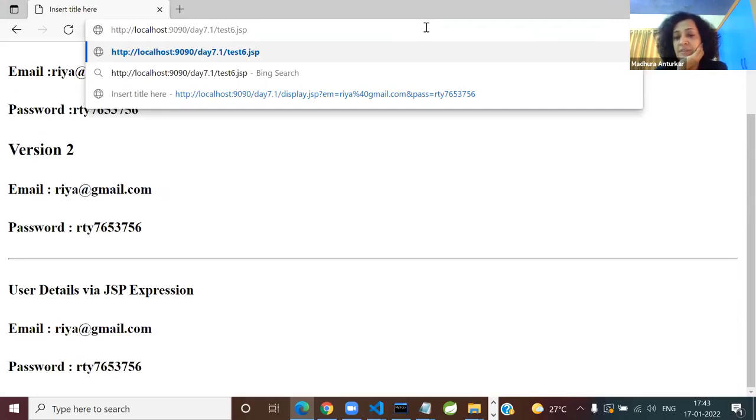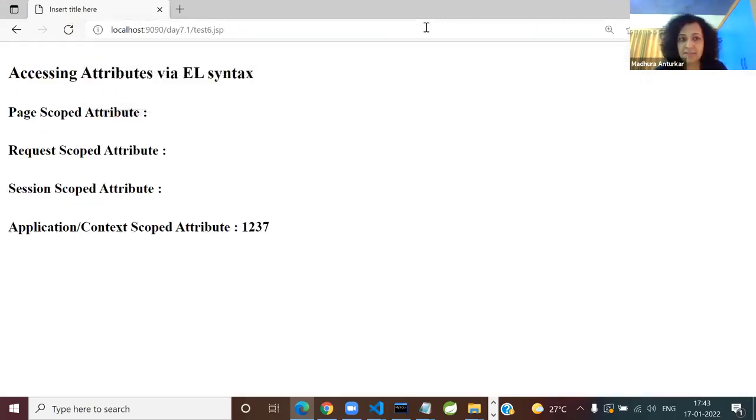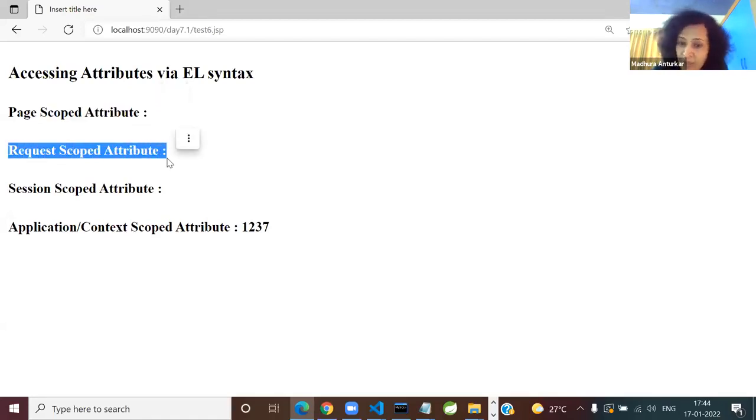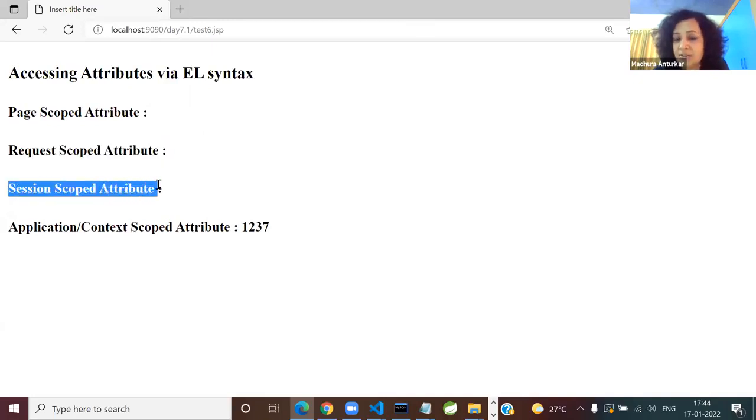Understood what I'm saying? Only the context scope attribute will survive. Why not page scope? It is a different page altogether. Why not request scope? It's a new request coming from it. But why not the session scope attribute also? I hope you realize how many HTTP session objects are created in the container heap. 2 objects, HS1 and HS2. You can print the JSESSIONIDs to confirm.